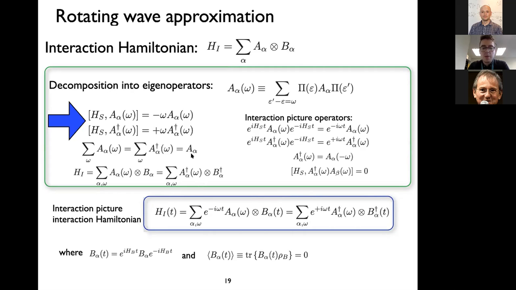And when we perform the decomposition of our system interaction term into its eigenoperators, this allows us, when we make the interaction picture transformation, to explicitly extract the time dependence that's generated through this transformation in the form of